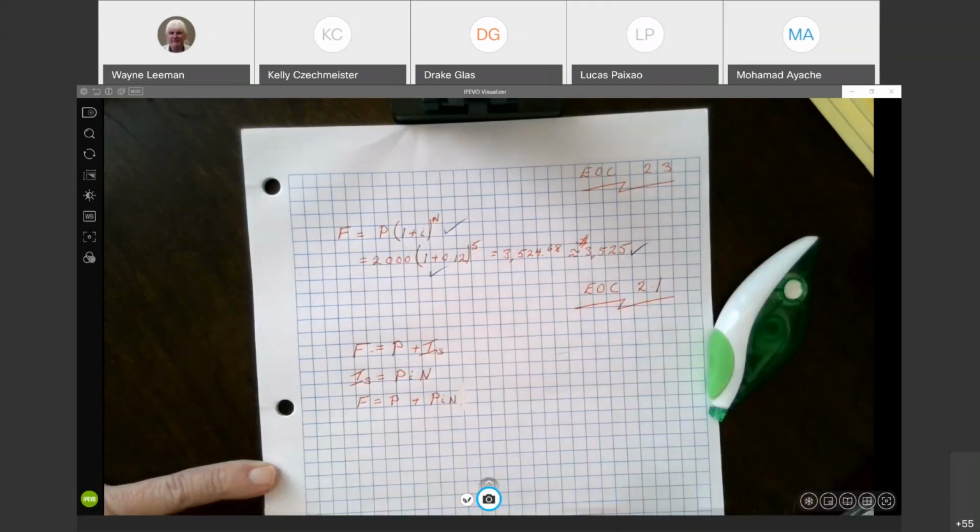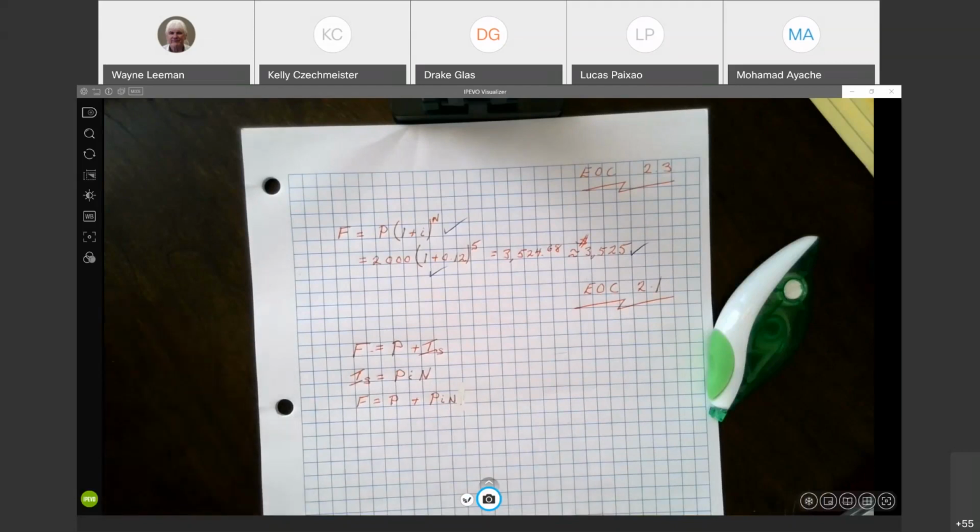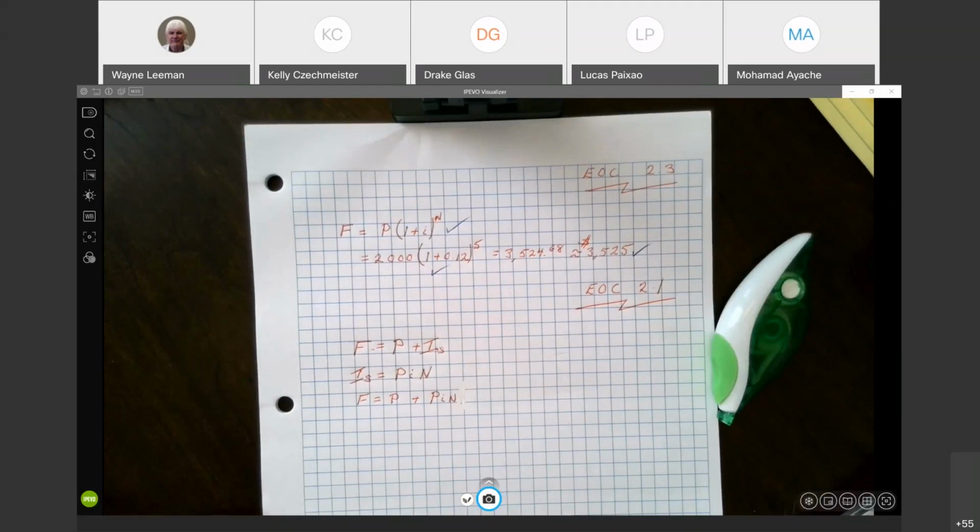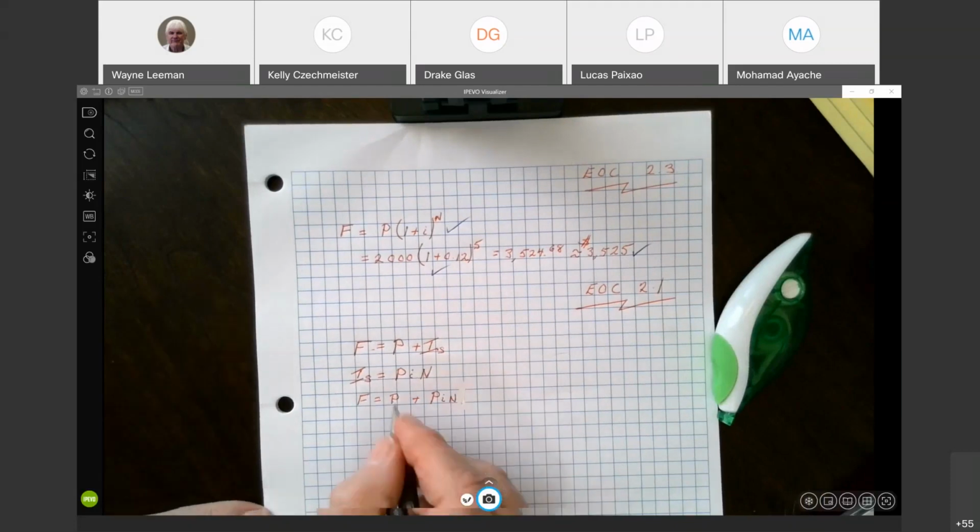So I could do some algebra on that, but it's not necessary. I could do algebra by pulling out the P's and putting brackets around the balance and that sort of thing. It's not really necessary. And again, this is at your discretion as to how you might handle a problem of this nature. But we know that the principal amount here is $3,000